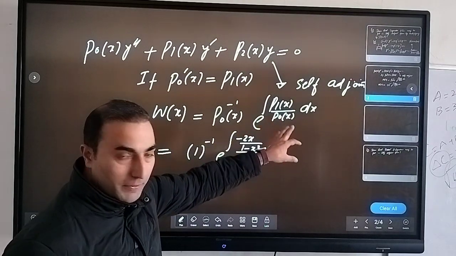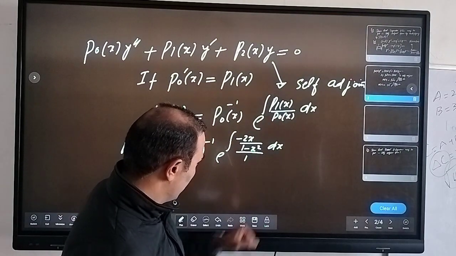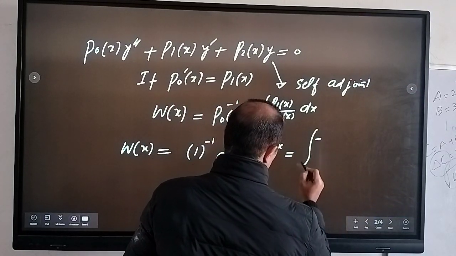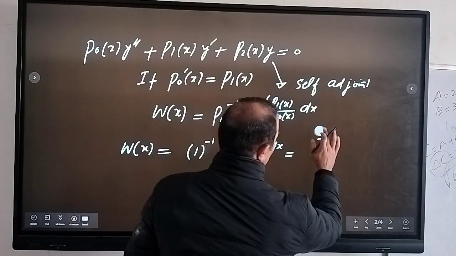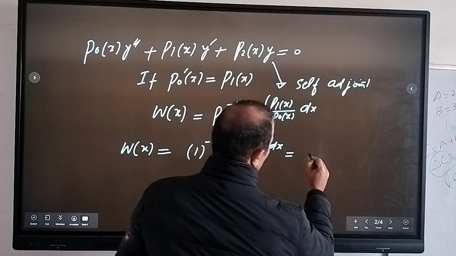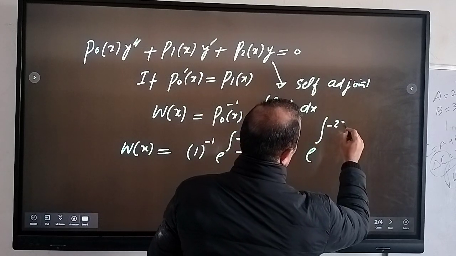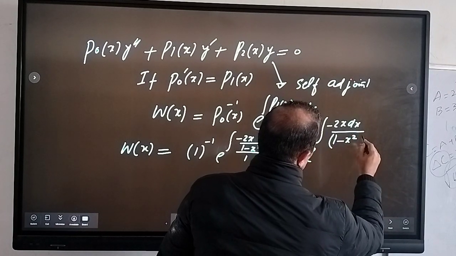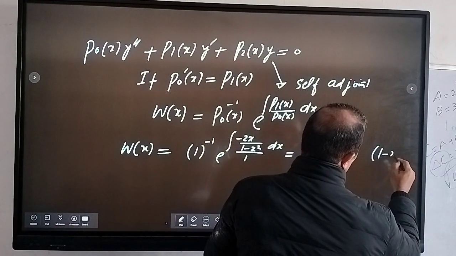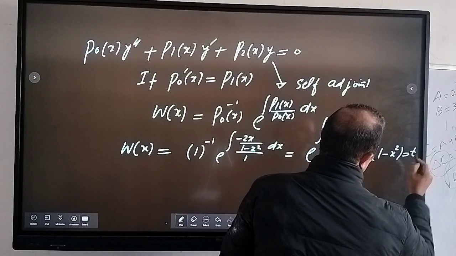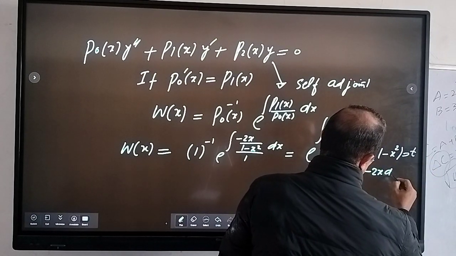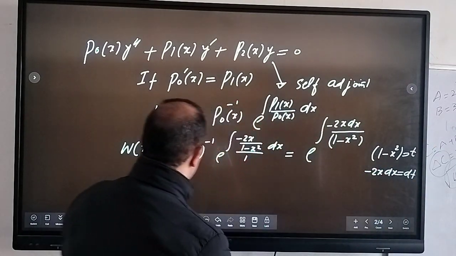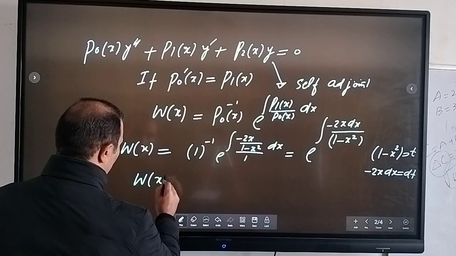Because it is the integral of p1 of x divided by p0 of x dx, you can write this as, so this will be equal to minus, or you can put that 1 minus x square as t. Okay, because you can do the substitution. So that means w of x will be equal to,